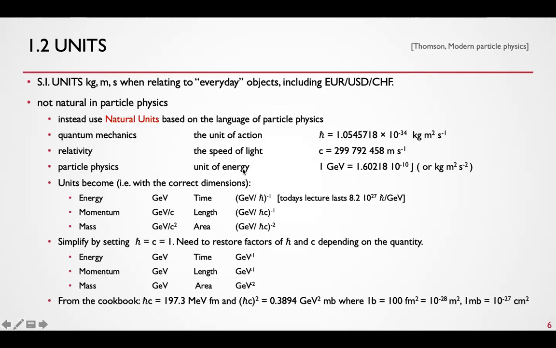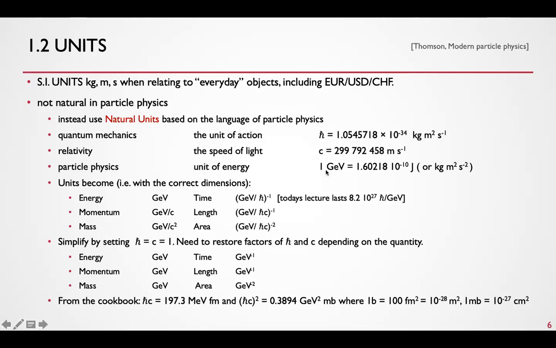And then there is the unit of energy, which we conventionally choose to be, usually nowadays, 1 gigaelectron volt, which is numerically just 10⁹ times the electric charge of the unique electric charge, because 1 electron volt is